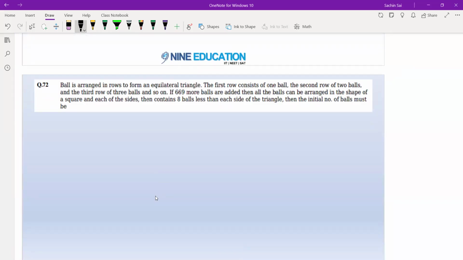Balls are arranged in rows to form an equilateral triangle. The first row consists of 1 ball, second row of 2 balls, third row of 3 balls, and so on. If 669 more balls are added, then all the balls can be arranged in the shape of a square, and each of the sides then contains 8 balls less than each side of the triangle. Then the initial number of balls must be. Okay, so